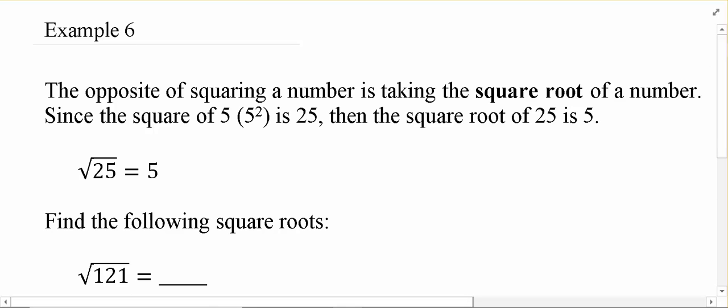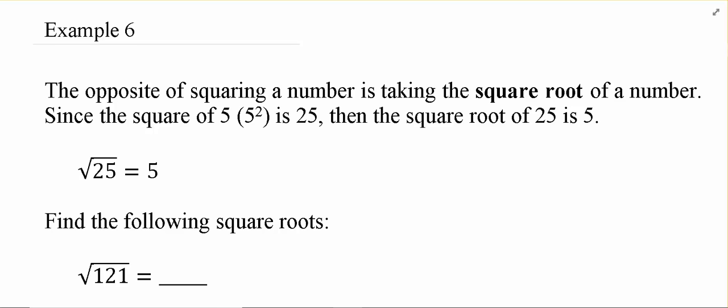Now we're changing gears a little bit to talk about square roots, just to make sure that we're all on the same page. The basic idea behind this is because we're going to get into some graphing where square roots are involved, and I just want to make sure that we understand what we're talking about here. Now, the basic idea of a square root is it's somehow the opposite of squaring a number or somehow undoing